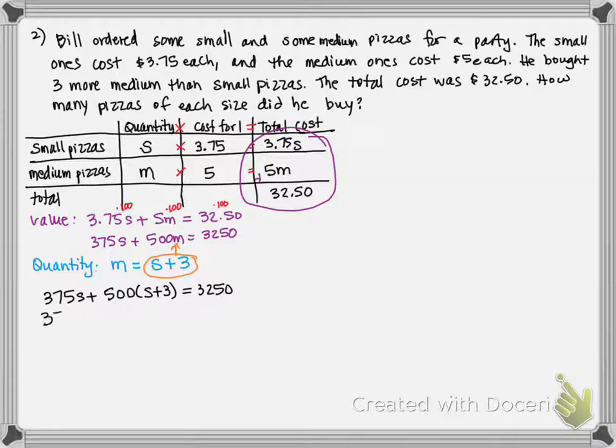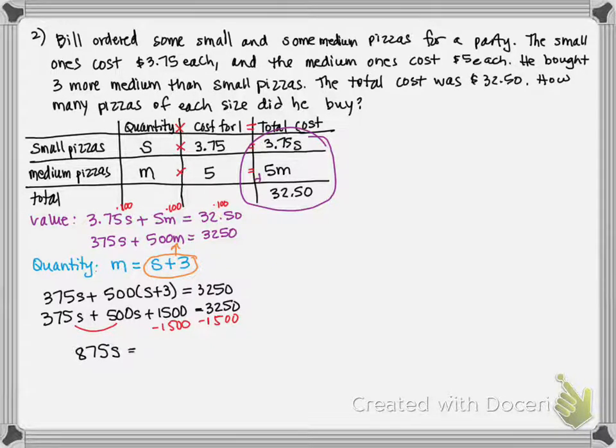We distribute: 375S plus 500S plus 1,500 equals 3,250. We're going to subtract 1,500 from both sides. We're going to combine up the like terms, and we get